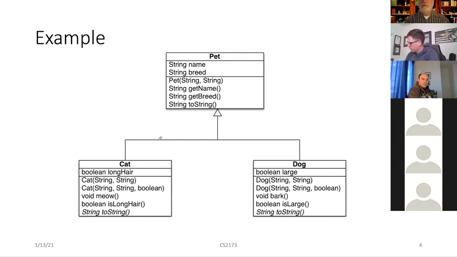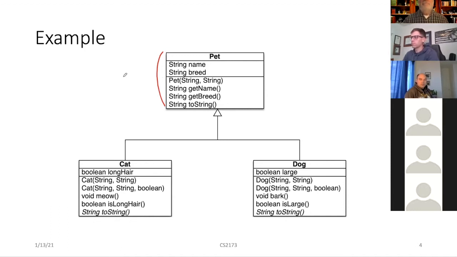Okay, so here's the example that I'm going to show you. Here I have a superclass. We're modeling pets. We've chosen the two most popular pets, cats and dogs, but there are also hamsters and gerbils and snakes and hippos and rhinoceroses and elephants, and the possibilities are almost limitless. In designing something like this, and again, this is more of a class exercise than anything else,